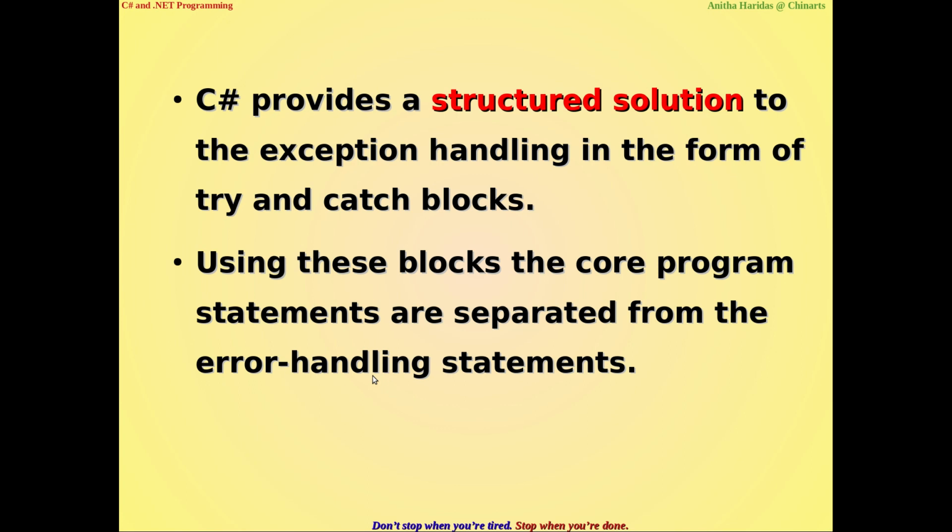So wherever you see a try and catch block, we can easily understand those portions of the program may raise some kind of runtime errors which are already handled in your program. That is what we have to identify. That is why we say it is giving you a structured solution for all kinds of runtime errors.